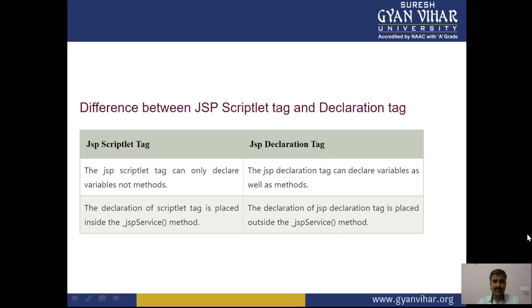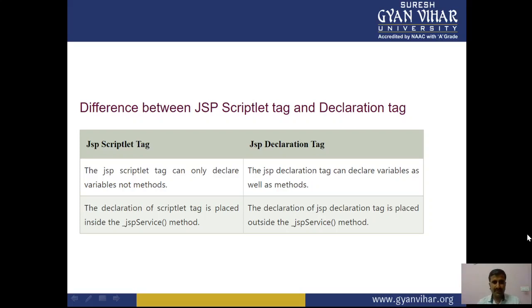In the JSP scriptlet tag, you can only declare a variable, not a method. But the JSP declaration tag can declare variables as well as methods. So that is very interesting about the JSP declaration.